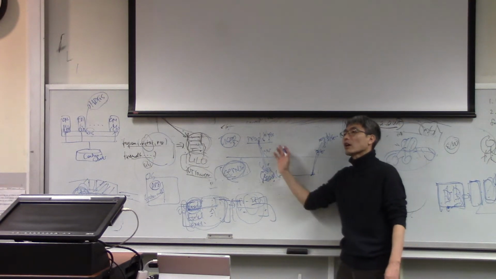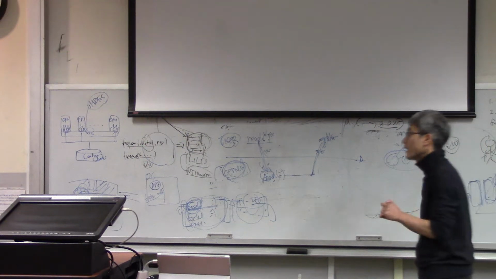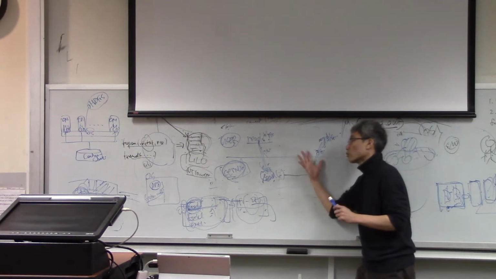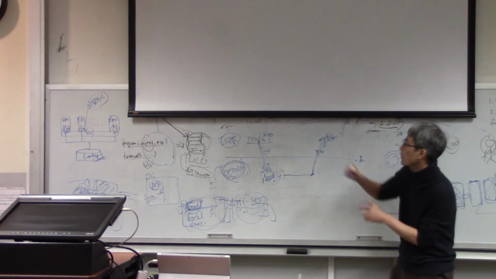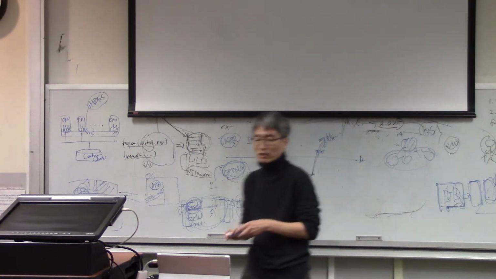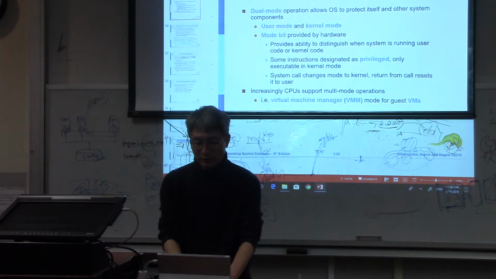Okay. So there are always two modes. It can be represented by the mode bit. Each process has the mode bit. So 0 is the user mode and 1 is the kernel mode. So it takes turns between the user mode and kernel mode. So because of this, sometimes if you see the